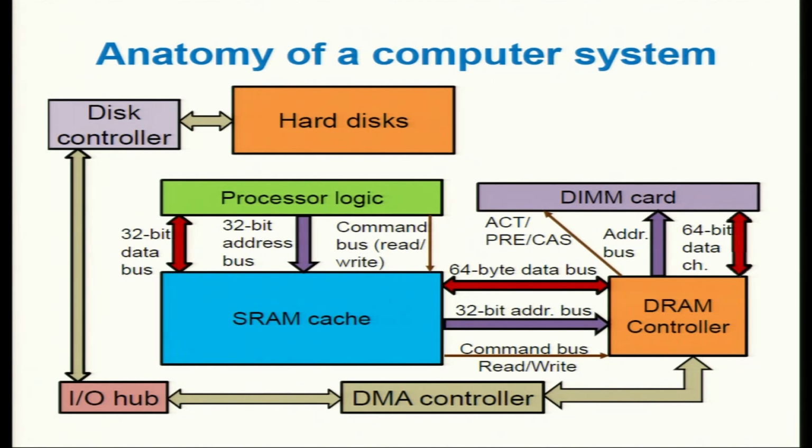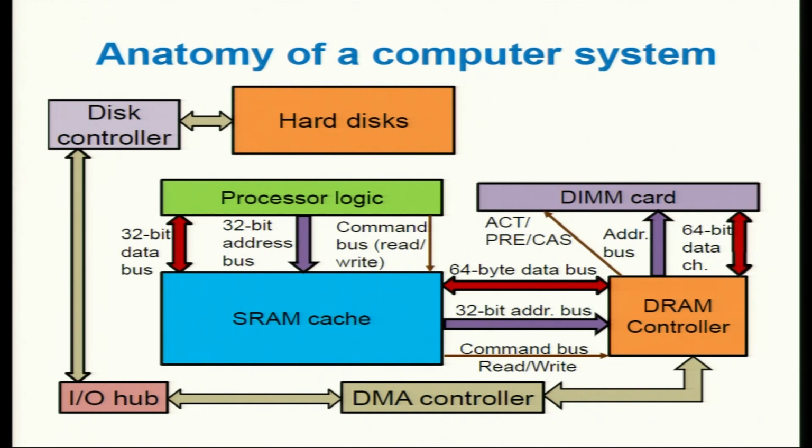And these commands further get translated to certain other types of commands like activate, precharge, column access, and so on. I'll not get into details of this. This has to do with the internals of the DRAM chip, how you actually access the data inside the DRAM. And of course, you'll have an address bus and you have a bidirectional data channel. I'm showing it as 64-bit. These channel widths are actually standard. It can be arbitrary, but there are a few standards for this channel width, like 64 bits, 128 bits, and so on.